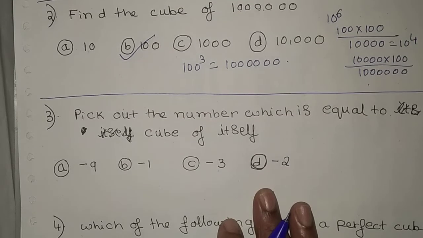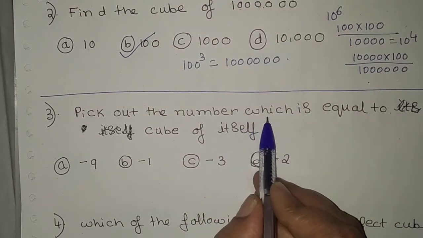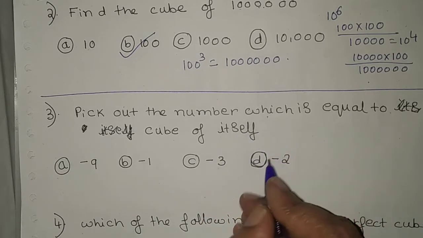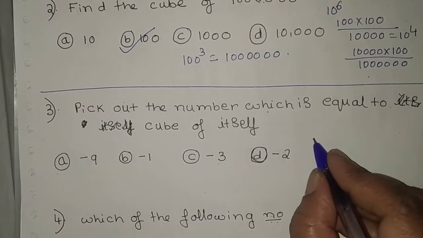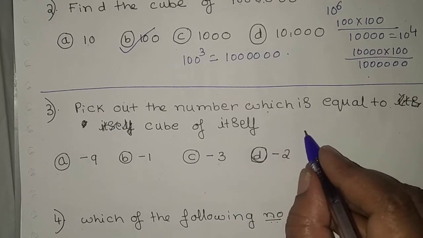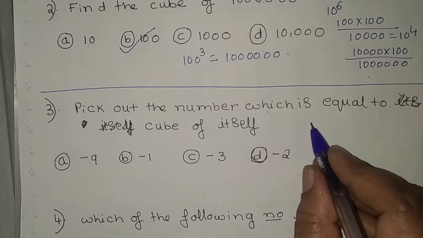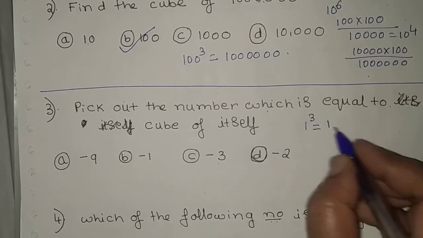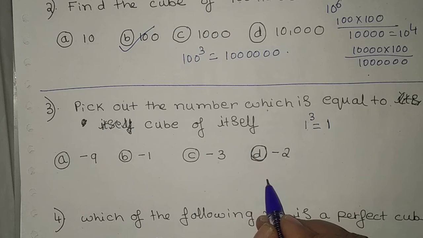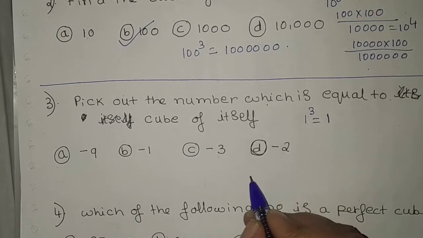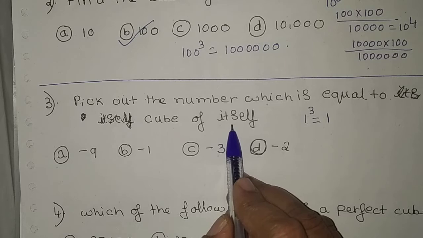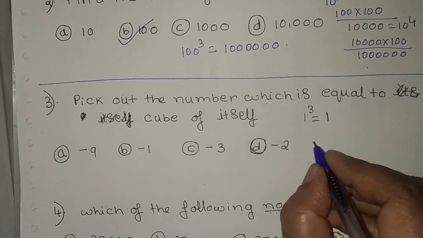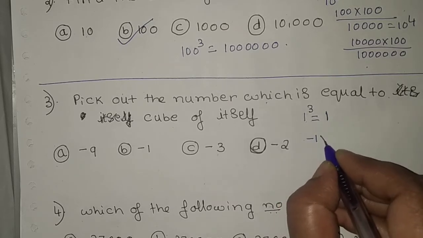Now we move on to the next one. Pick out the number which is equal to its cube itself. We have a number in our table, for example consider 1. Its cube root will be equal to 1 only. In the 4 options we have to pick out the number which is equal to its cube root itself. As we discussed in the previous problems, we have minus 1 into minus 1